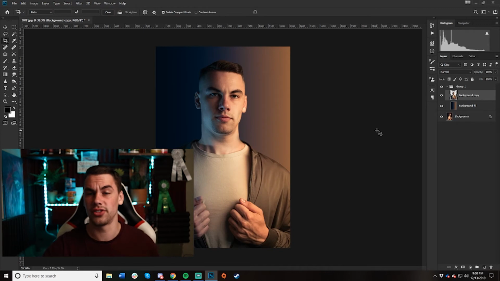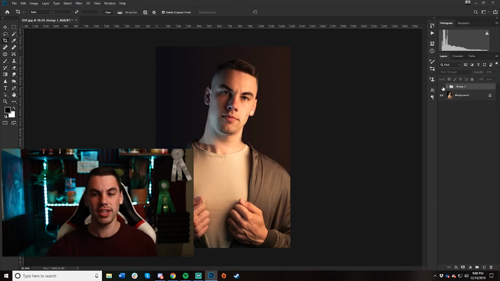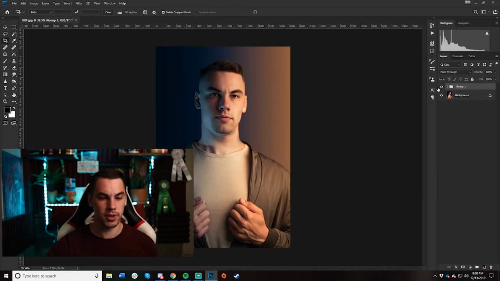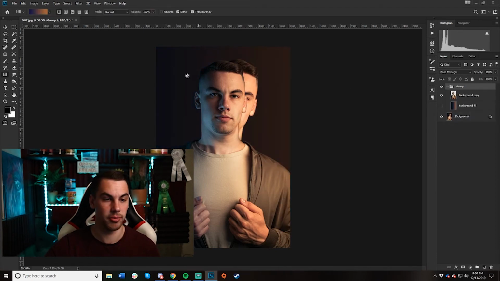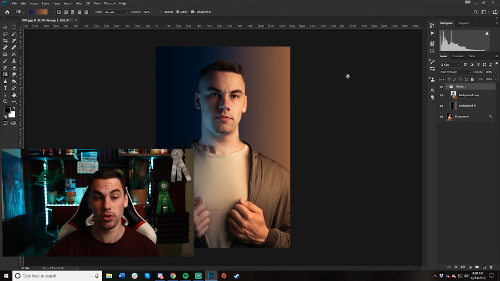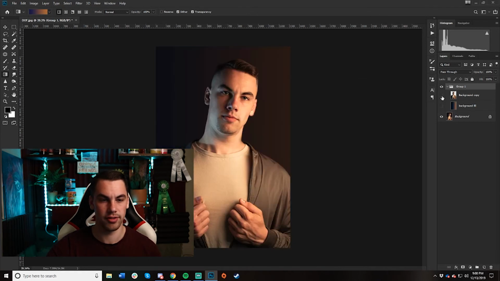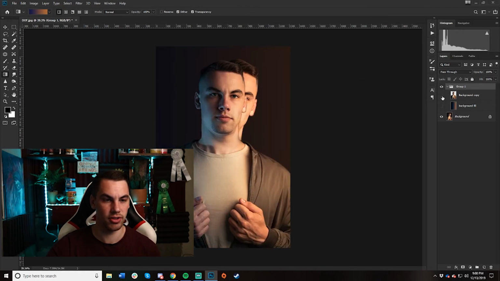Alright guys, so now that I've finished color grading this image and making it beautiful, you can really see the effect that the Puppet Warp tool has. So we adjusted the color grading so that our gradient matched our skin tones on either side, simply by using a gradient layer and then adjusting with the camera raw filter. You can see the adjustment that we made from the original background, which was kind of choppy and gross, to a smoother gradient change, as well as our head shift, which you can see just from here